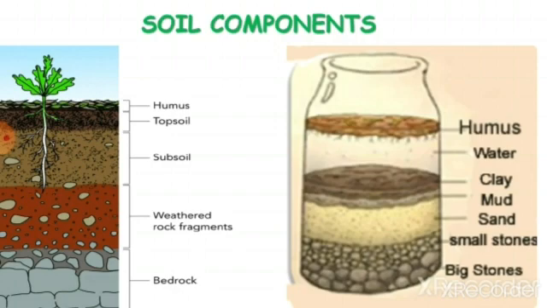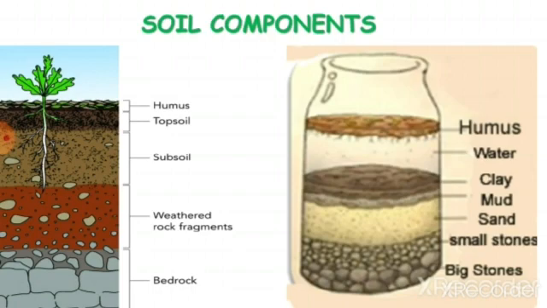First, all the lighter particles will settle down over the water and the heavier stones will settle down on the bottom of the jar. You can see the water in the middle. Okay, depending on the density of the soil, the layers will be formed. So, the soil components are layered depending on the thickness of the rocks.